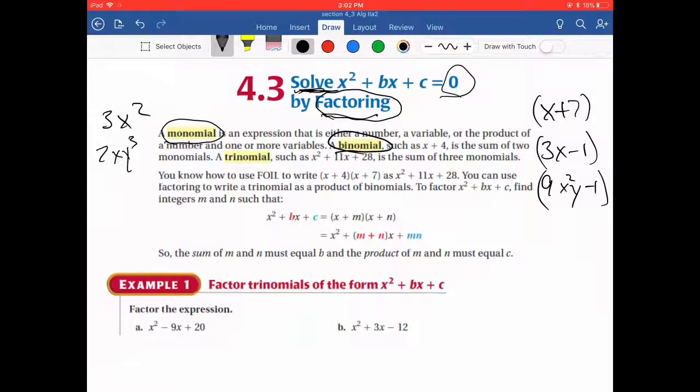And of course, trinomials, those are the things that we just graphed in standard form. So you have an x squared, an x, and a constant. Again, the idea of factoring is to make them smaller and then to solve them. Okay, so moving down towards example 1,